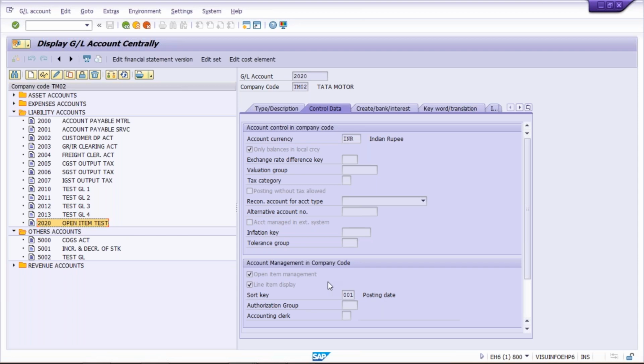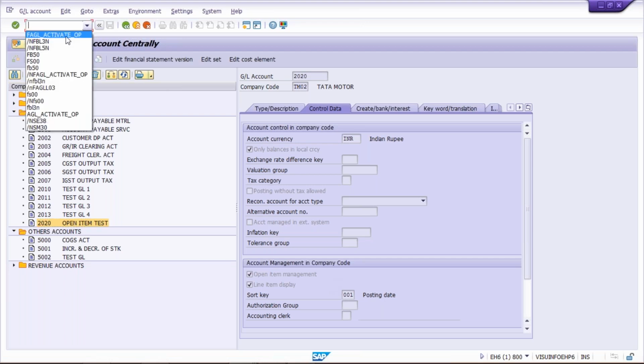So what is happening, guys? Which transaction code do we have to use? The transaction code I've already shown here. It is FAGL_ACTIVATE_OP. This is how we are going to